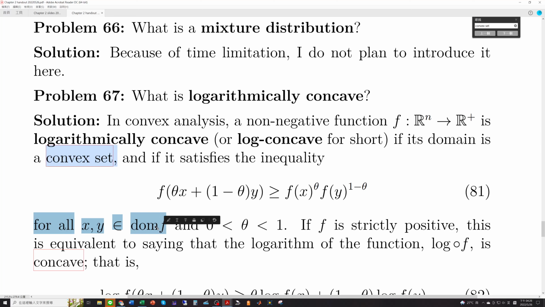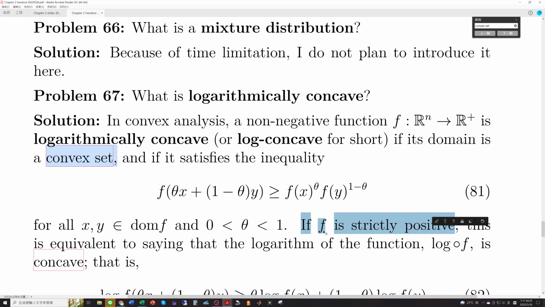It means the domain of the function f, and theta is between 0 and 1. If f is strictly positive, in other words, if the value of f is always greater than 0,